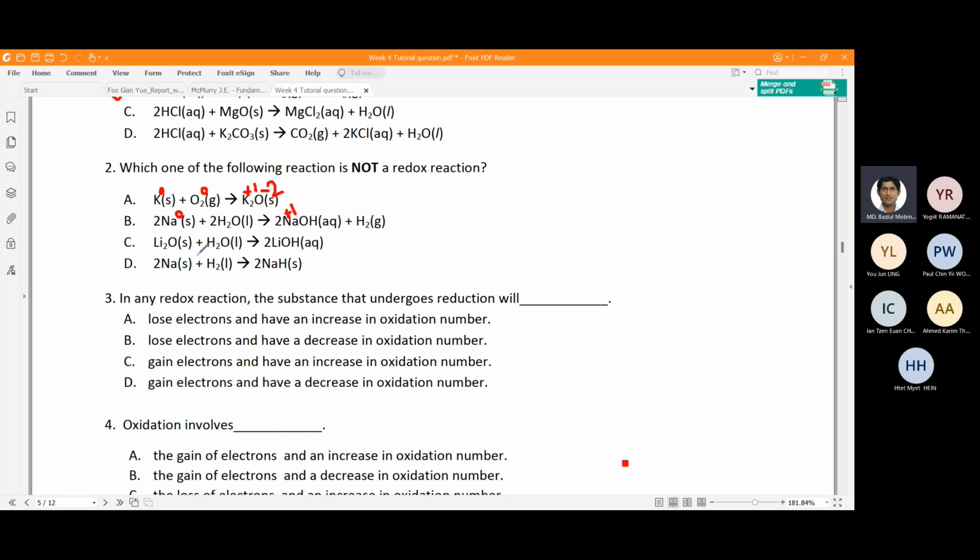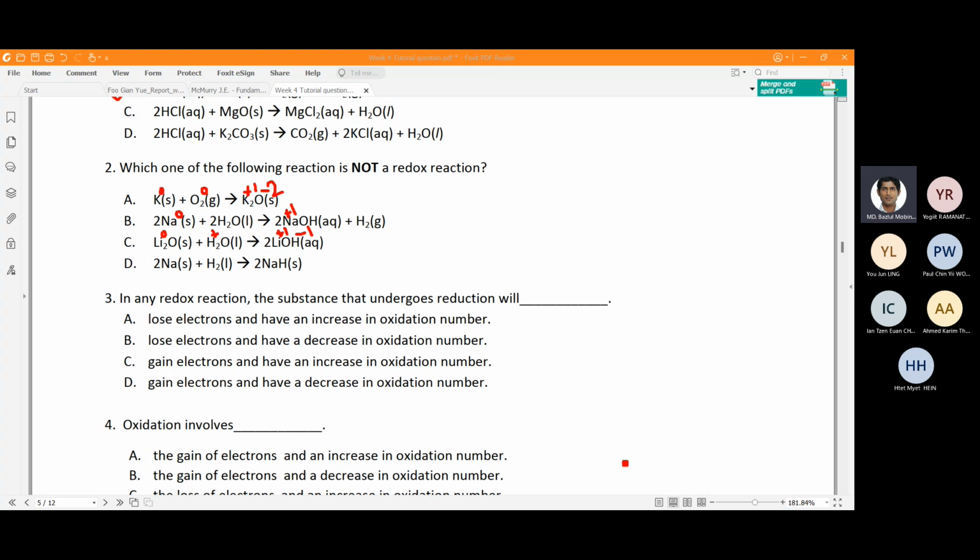So it is a redox reaction. Lithium, by the way, it was 0, and then hydrogen was +1. And so lithium is now +1, and hydroxyl is -1. So it looks like a redox reaction, and then